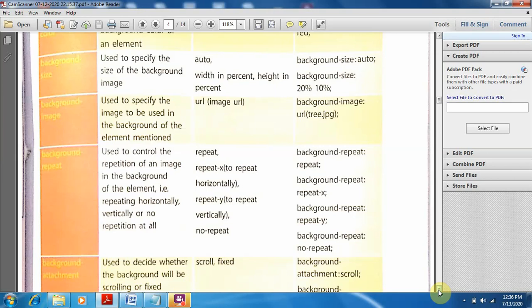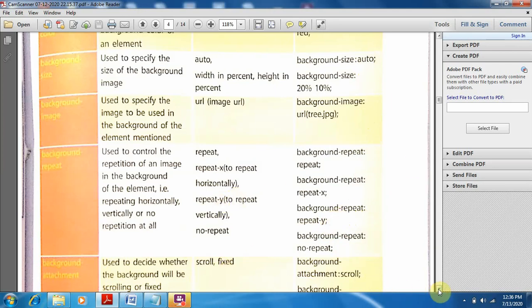If you want the image repeating, you give the value repeat to the property background-repeat. Or if you want to repeat the image along the x-axis, you give the value repeat-x. Or if you want to repeat the picture vertically, you give repeat-y. Okay, this one is horizontal and this one is vertical.